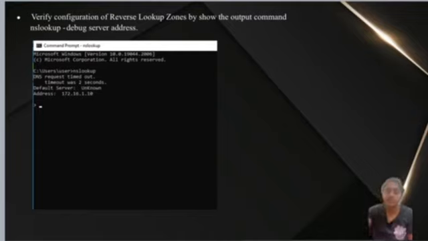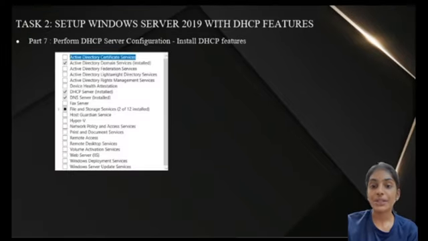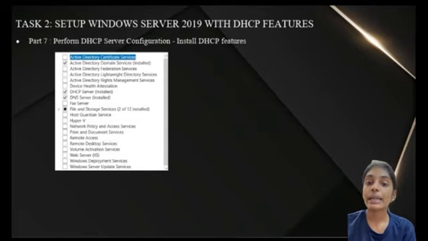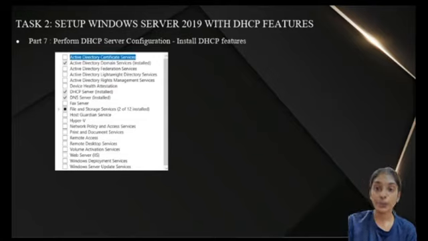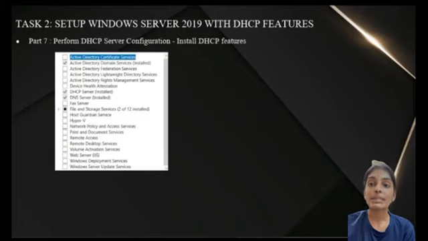Thank you. My name is Rita Prakasam and my metric number is 17DDT21F1043, and I will explain about task 2, which is to set up Windows Server 2019 with DHCP features. Part 7, perform